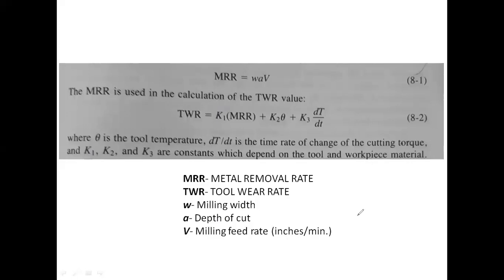You see, milling width, if this is the part, right? This is your workpiece. I'm sorry, this is the tool, right? What is the milling width? This one, right? This tool is moving like this. Okay, this is your milling width. Depth of cut is in the plane perpendicular to the screen, right? So that is your depth of cut, milling width, right? And multiplied by the feed rate. So this multiplication will give you the material removal rate, right? MRR is what we call it here.